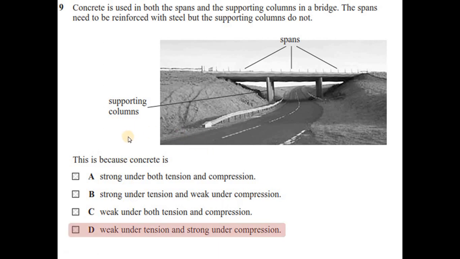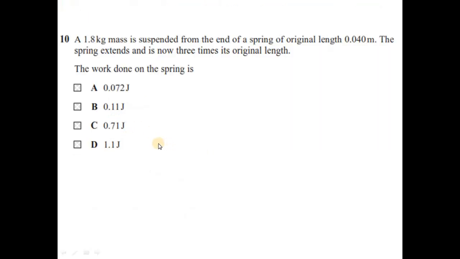Let's say question number 10. A 1.8 kilogram mass is suspended from the end of a spring of original length 0.04 meter. The spring extends and is now 3 times its original length. The work done on the spring is